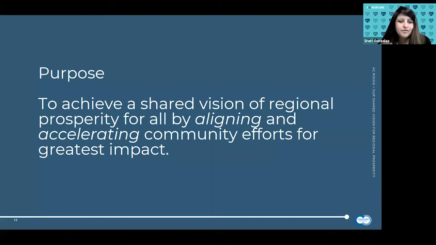I mentioned a little bit about what KC Rising is, but we are this fluffy thing we call a shared vision for regional prosperity for all. And how do we do that? With alignment, and we believe that alignment will help bring acceleration to community efforts for greatest impact. So it isn't about the deeds we're doing, it's the deeds that are happening elsewhere. And our job is to amplify, celebrate, and where necessary, sort of resource that. And so if you'll go to the next slide,